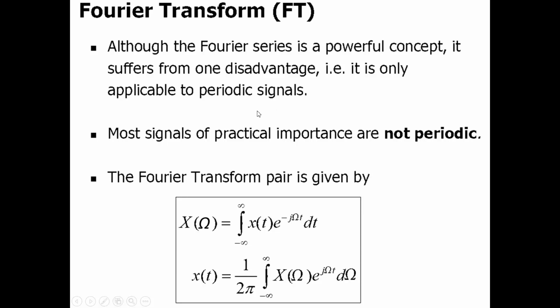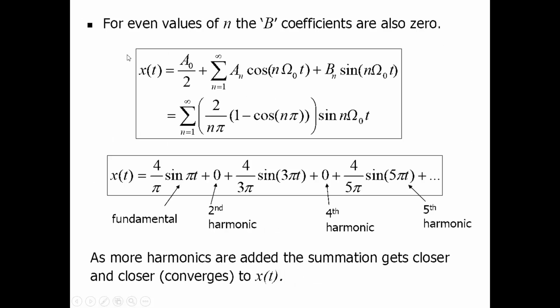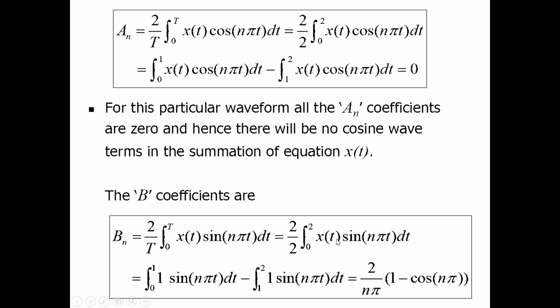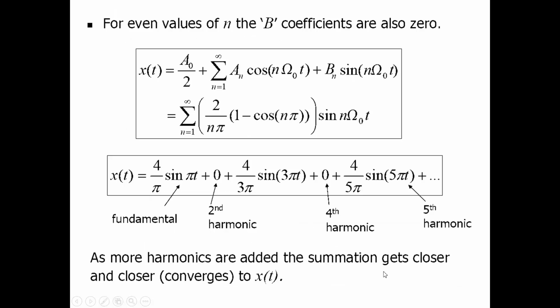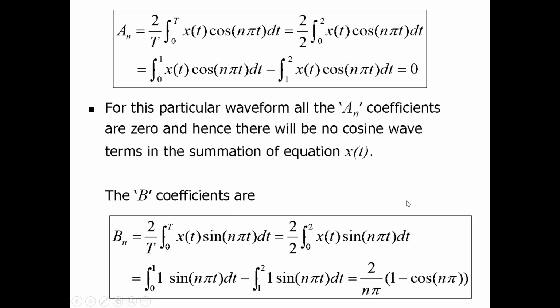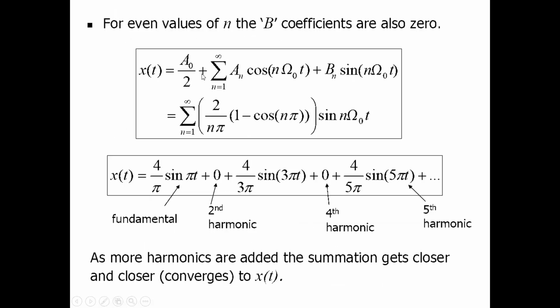Now if we look at even values of n, the b coefficients are also 0. Because n will vary from 0 to infinity, for even values of n, the b coefficients are 0. If you try to put the even values of n here, the bn coefficients will go to 0, right? Now xt will be equal to